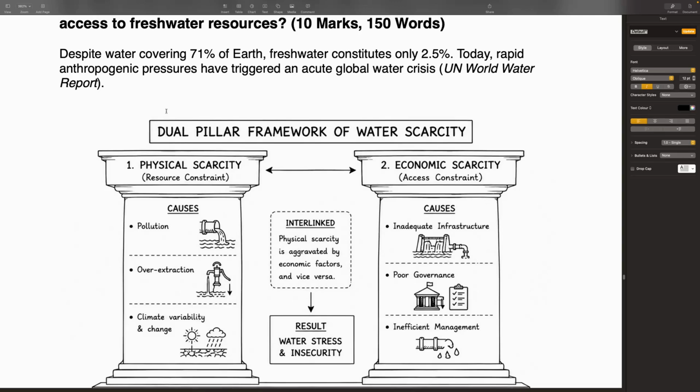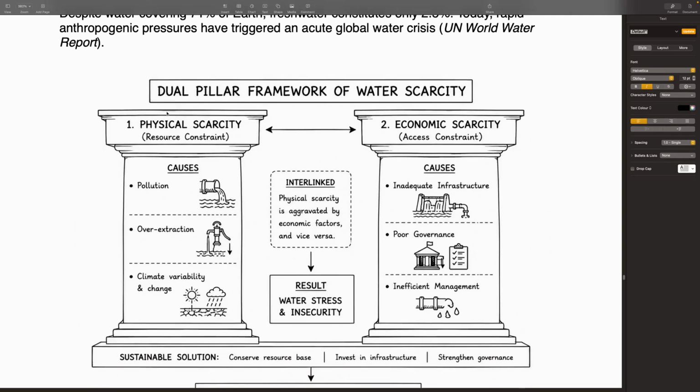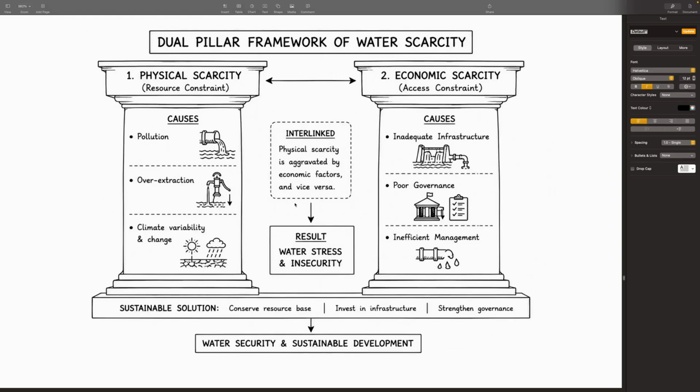Dual pillar framework for water scarcity. You need not draw this kind of diagram again, but you can draw something similar: one pillar, two pillars like that, and label it. So physical scarcity, resource constraint, causes pollution, over extraction, climate variability and change. Economic scarcity causes inadequate infrastructure, poor governance, inefficient management. They are interlinked. Physical scarcity is aggravated by economic factors and vice versa, resulting in water stress